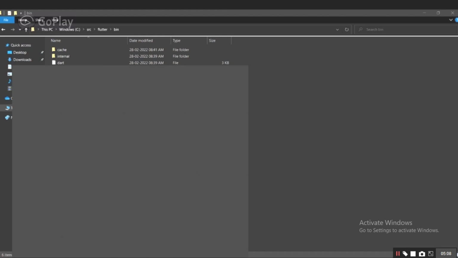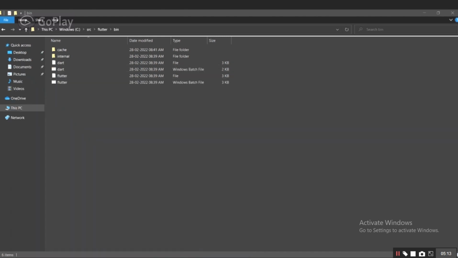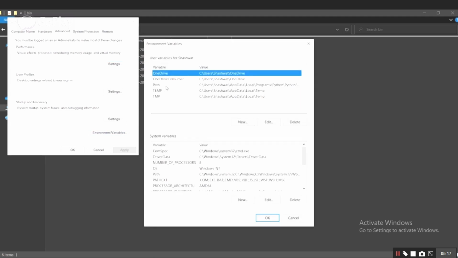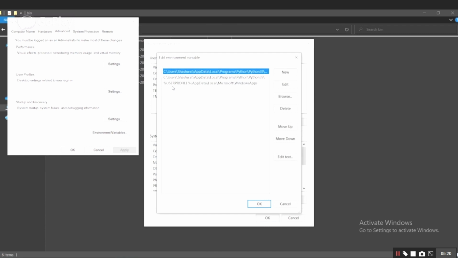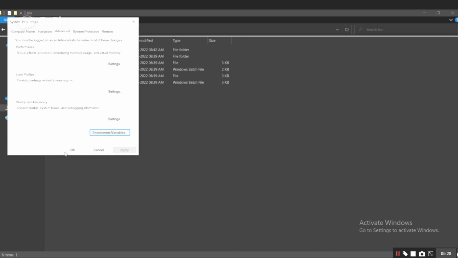Now right here in the search, write edit environment variables, and you can click on the first link, and in the environment variables click on path. Okay, in the first column only, and here click on new to add a new path, and this is basically adding the path. Okay, so press OK, and now press OK again. OK,